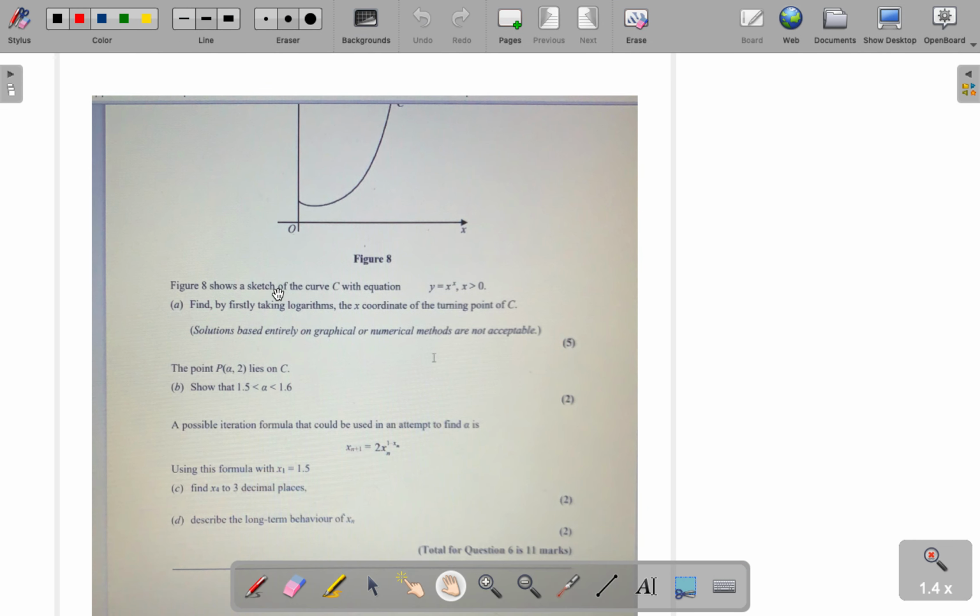Hello and welcome to this question that we've got. Figure 8 shows a sketch of the curve C with equation y equals x to the power of x. Firstly, by taking logarithms, find the x coordinate of the turning point of C. Here we can't use any graphical or numerical methods, so we're going to have to use logs